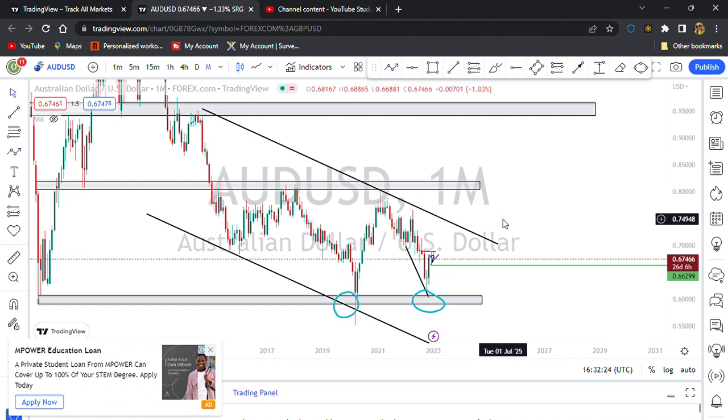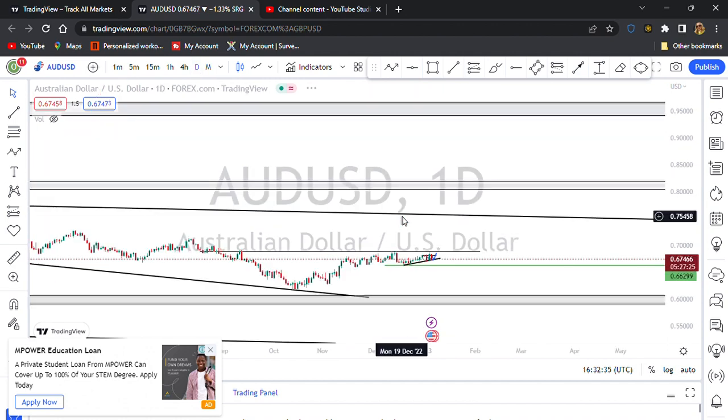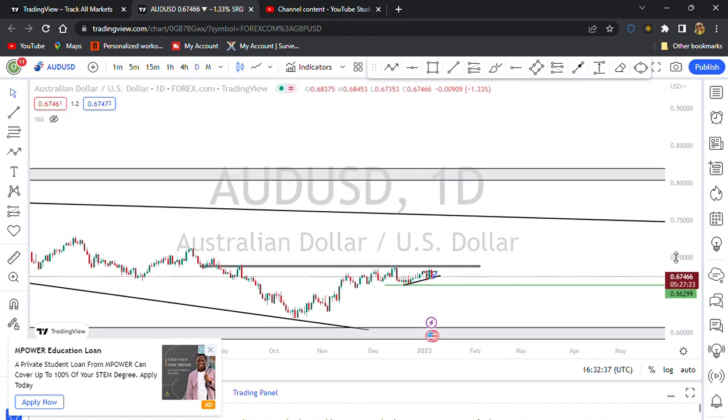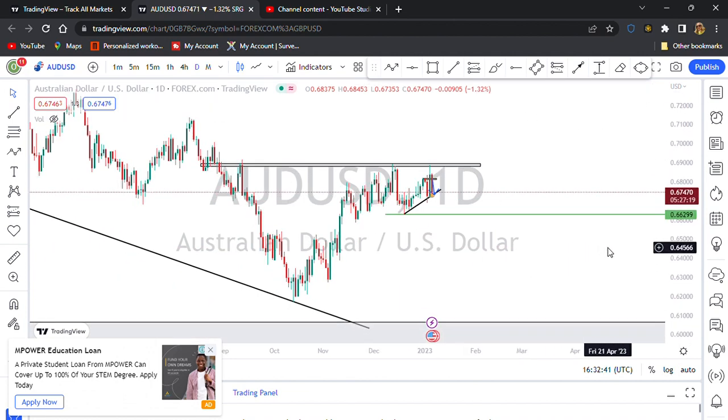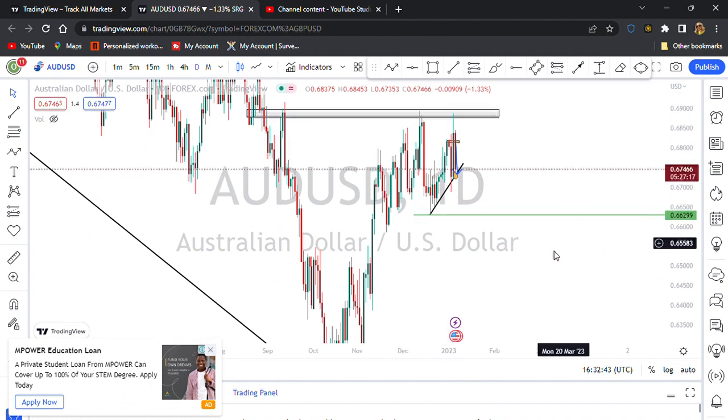So what we are going to do is come back to the daily time frame and look at what the market is trying to tell us. Coming back to the daily time frame, we can see something like this. The market has been moving,